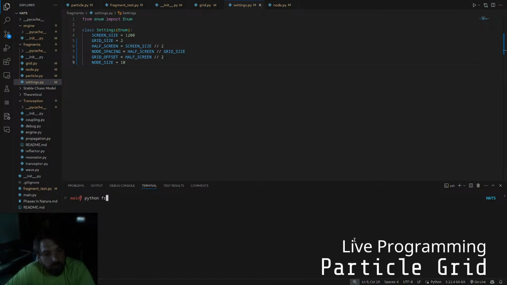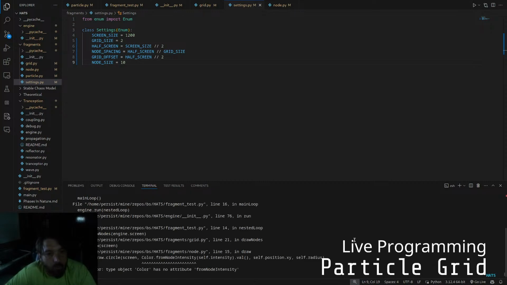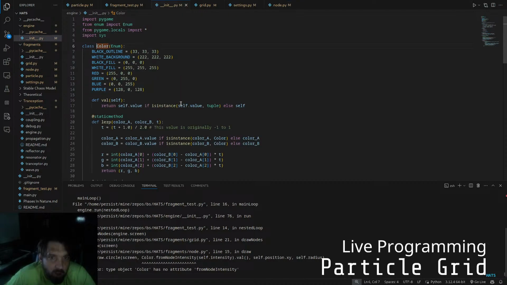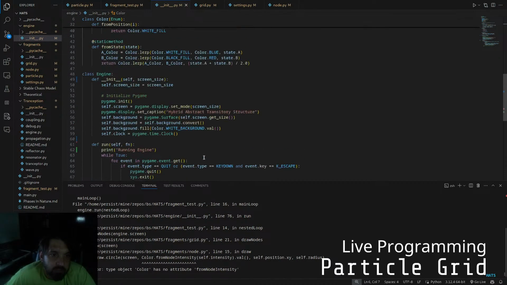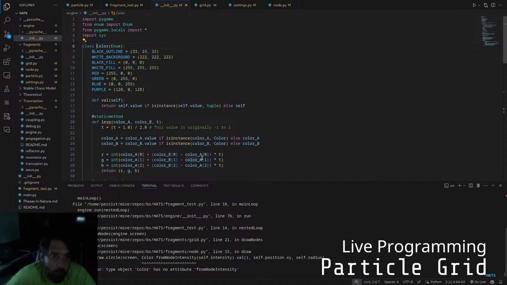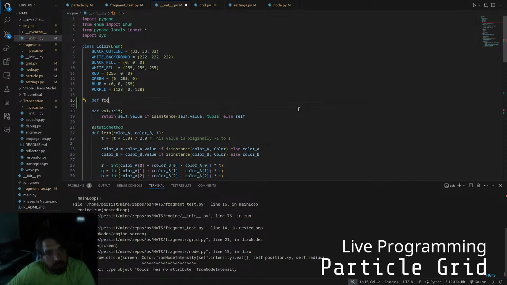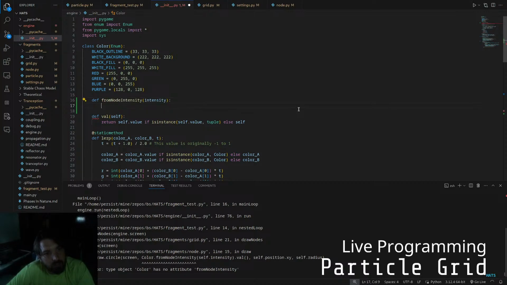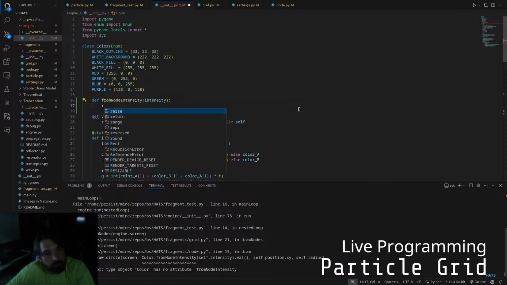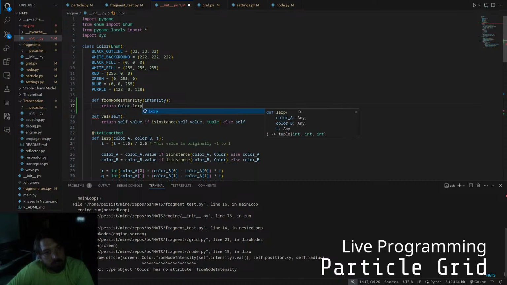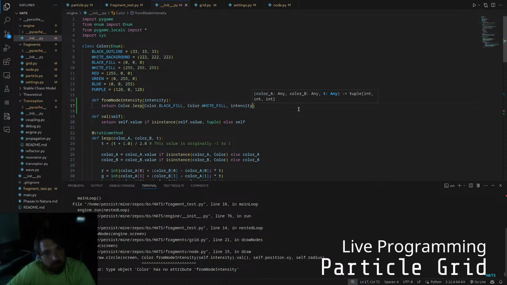Broke all this. Python fragment test. There we go. Node from color intensity. We do not have that. Let's just say define from node intensity, and then we will say return color lerp black fill, white fill intensity. So if we have a higher intensity,